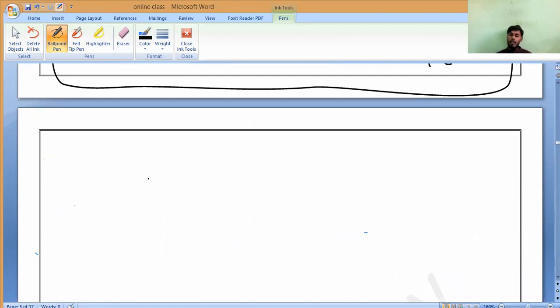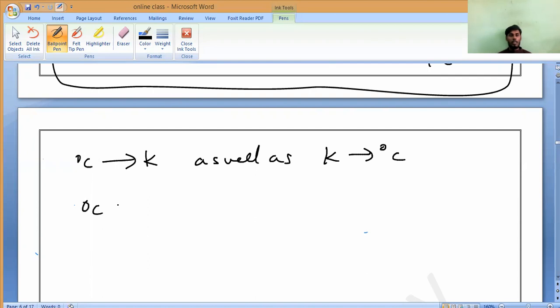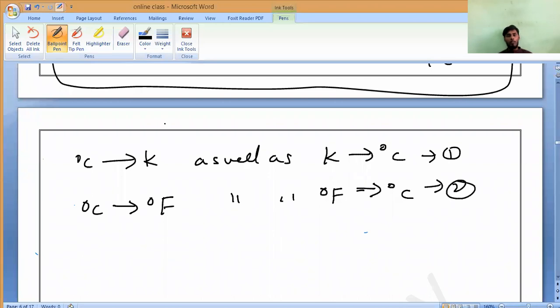So till now we have studied totally 4 formulas. One is converting degree Celsius to Kelvin, and the Kelvin to degree Celsius. In the same way, degree Celsius to degree Fahrenheit, and degree Fahrenheit to degree Celsius. Is it true or not? Yes, sir. Now you may observe here in both the things. Let us imagine this is the first one and this is the second one. In both, one is common. What is that? Can you say? One temperature scale is common.